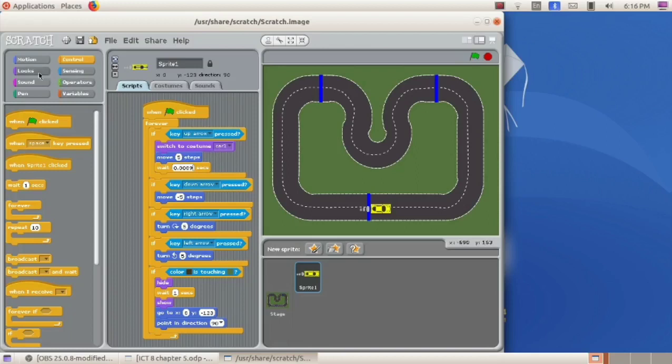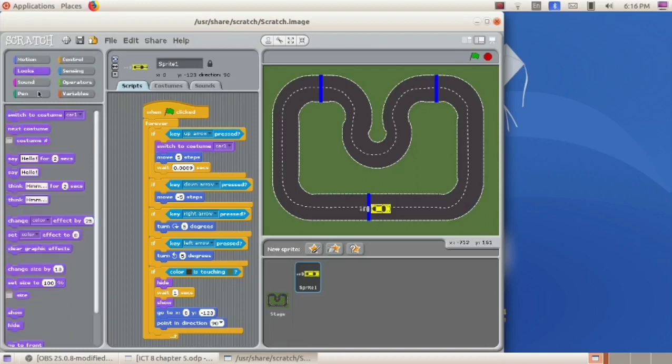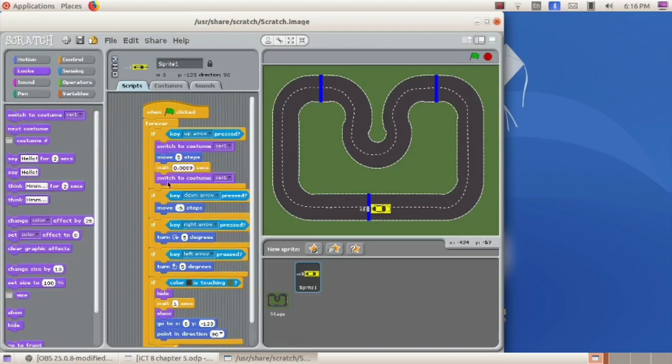For that, again go to looks block, select this, drag it and place it here. Here switch to costume, we have to change it to car. Now when the up arrow key is pressed, that means car is going to move forward. So at that time, we have switched the costume to car 1. That means car with the bubbles will appear.